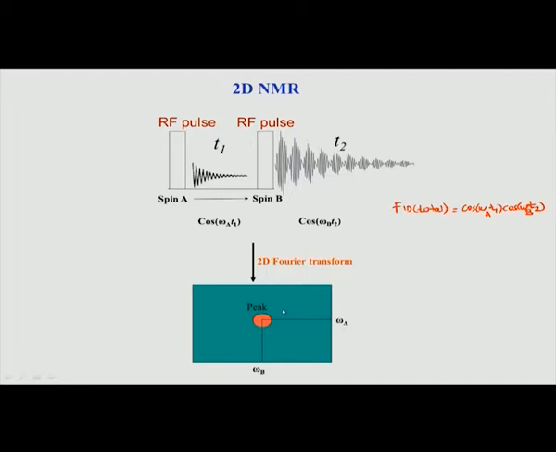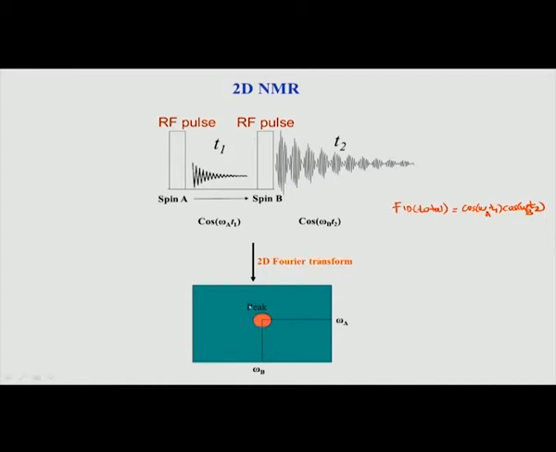Now, in a molecule like this we may have several pairs. I have just given an example of one pair, but like that I may have a C and D, for example. So I may have omega C and omega D, again two hydrogens coupled to each other. So you will get a cross peak somewhere else here, at other frequencies, where this corresponds to C and this may correspond to D. That is basically how we generate a cross peak.